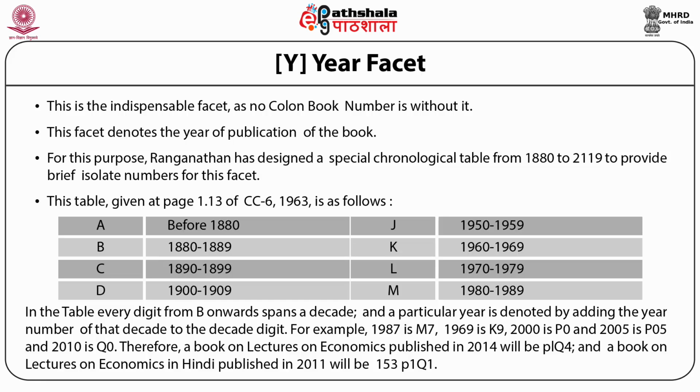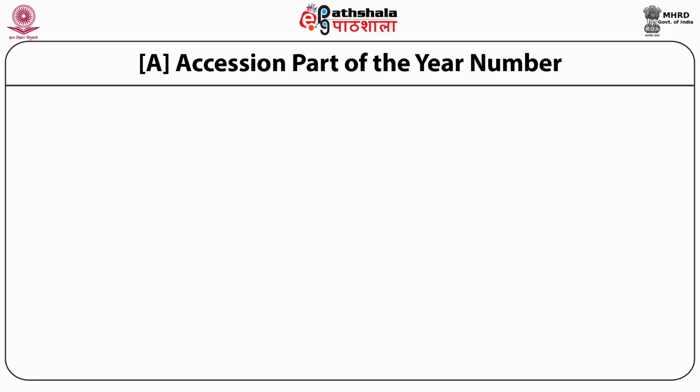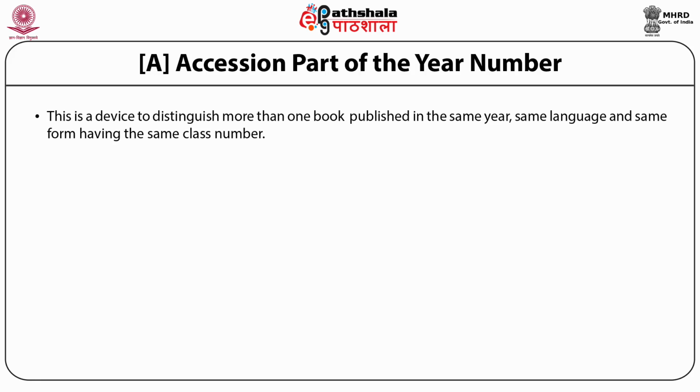For example, 1987 is represented as M7, and 1969 is coded as K9, and the year 2000 will get the number P0, and 2005 is P05, and 2010 is Q0. Therefore, a book on lectures on economics published in the year 2014 will be P1Q4, and a book on lectures on economics in Hindi published in 2011 will get the number 1533 P1 Q1. Here it may be noted that 1533 stands for the Hindi language, P1 stands for the lectures, and Q1 is the year of publication, that is